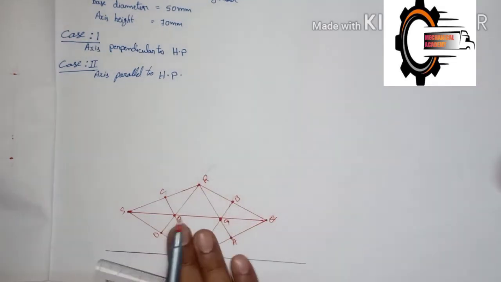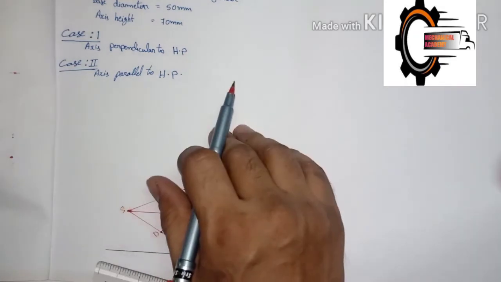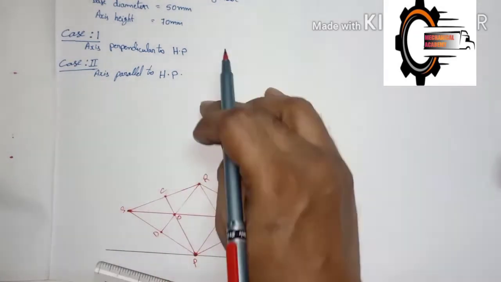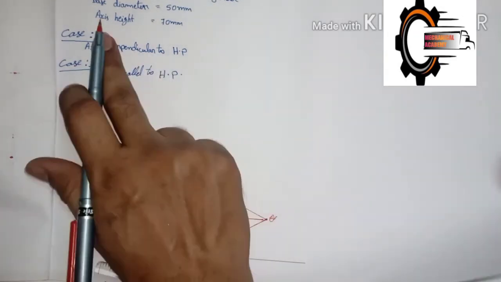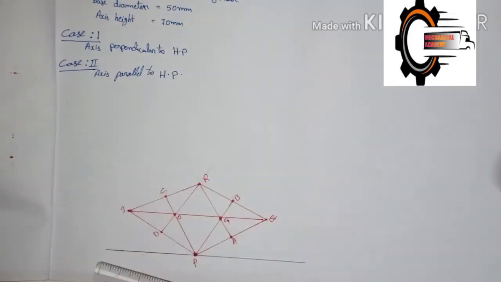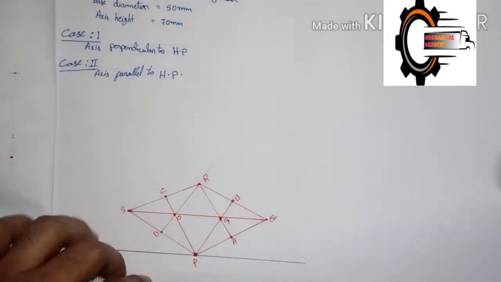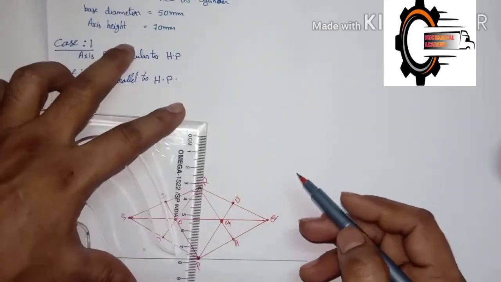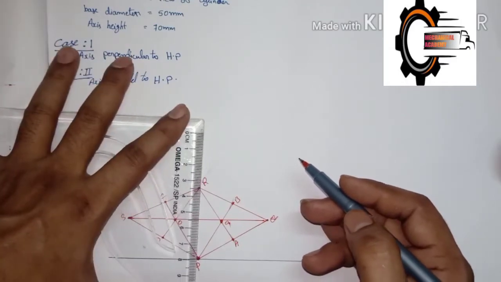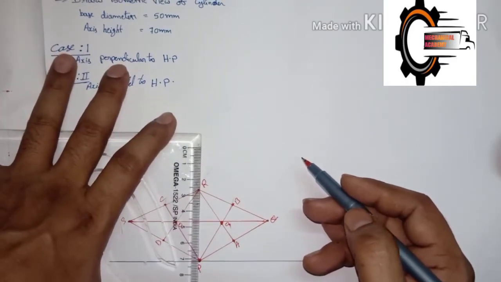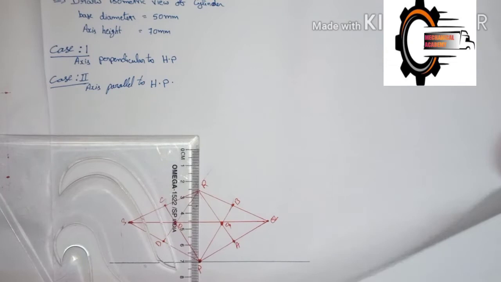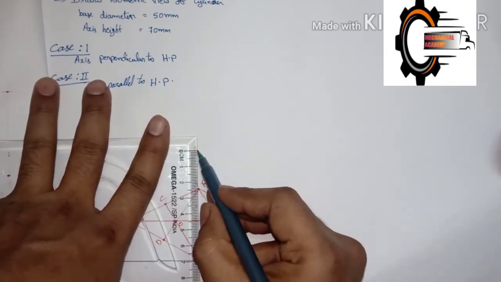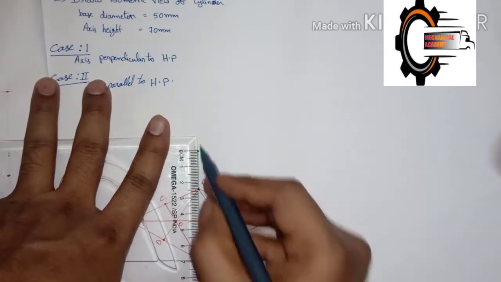Similarly we have another face. This is the bottom surface, and we have to draw the other face of the cylinder, which is the upper side. For that we have the height distance. This is the axis side, this is 70 mm. So we have to draw a height of 70 mm from each point of P, Q or S. First of all let me draw the height of 70 mm. Here I will change the color for 70 mm.